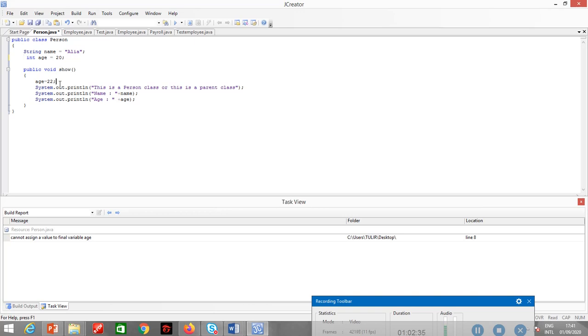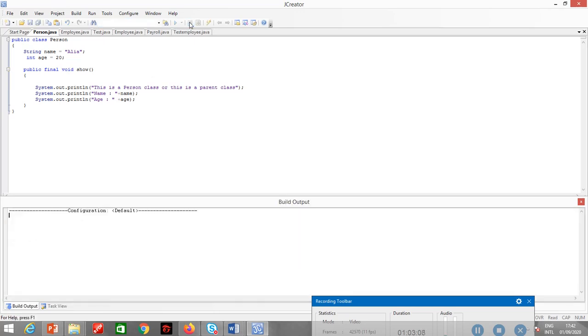Second use of final is with the method. If a method is declared as final, then in that case the method cannot be overridden. For example, we have a method called show in the parent class, and we have the same method called show in the child class. Now, if I declare it as a final method, public final void show, and I go to the employee class, this will prevent overriding the method.